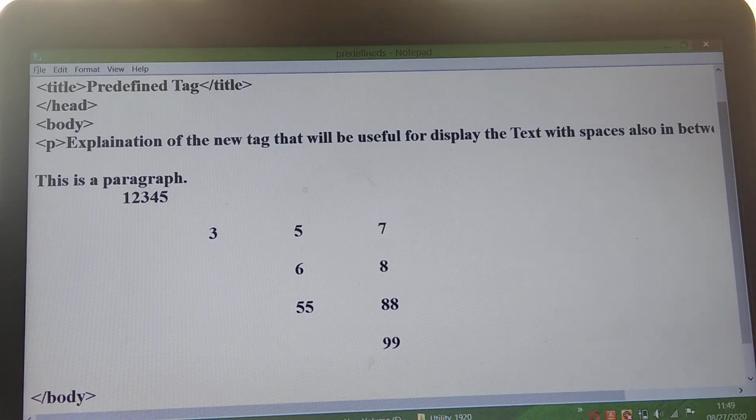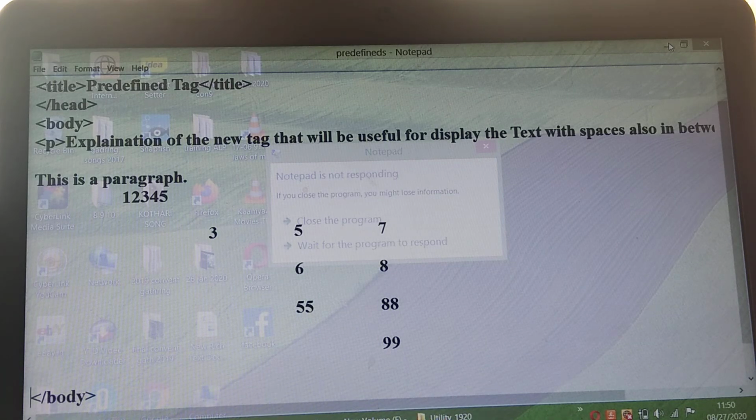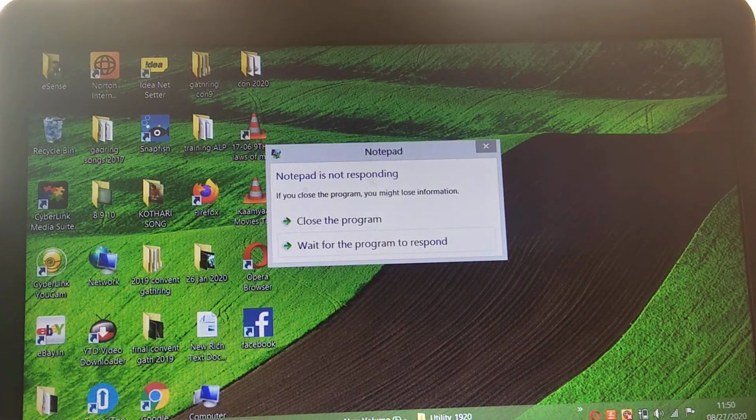The output of such a program will be displayed over the web page like a normal HTML page.